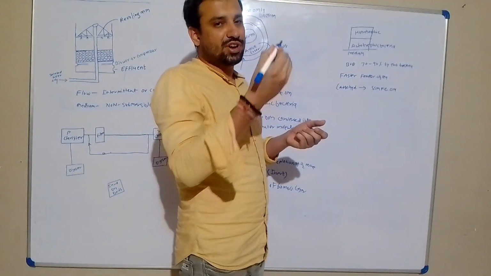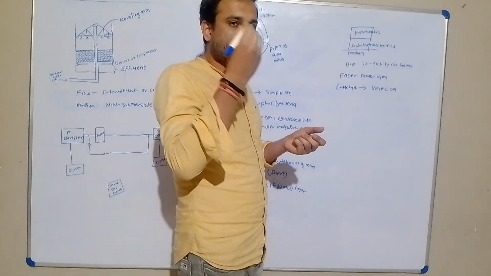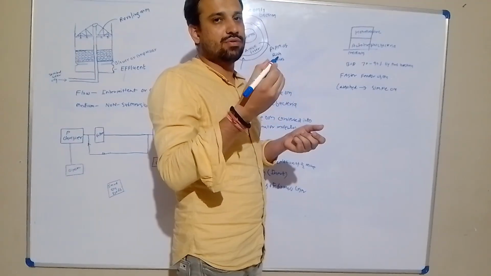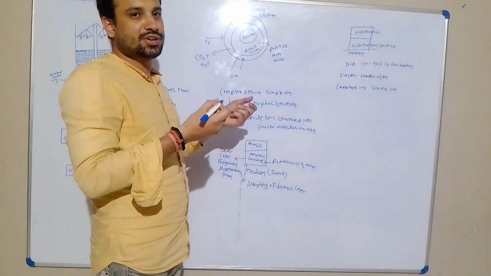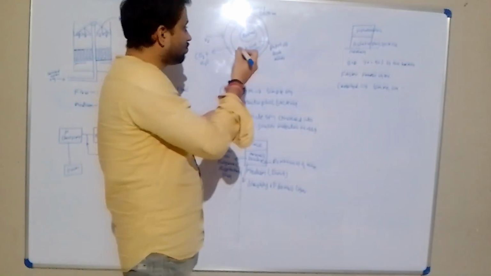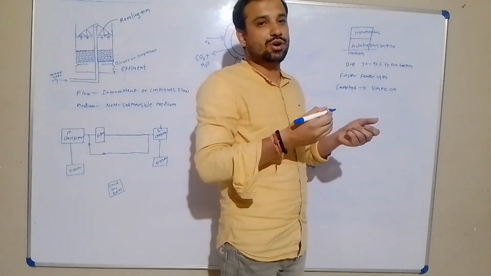So when the wastewater has carbon molecules, they are directly diffused to the biomass layer as a nutrient, which is utilized by the microbes